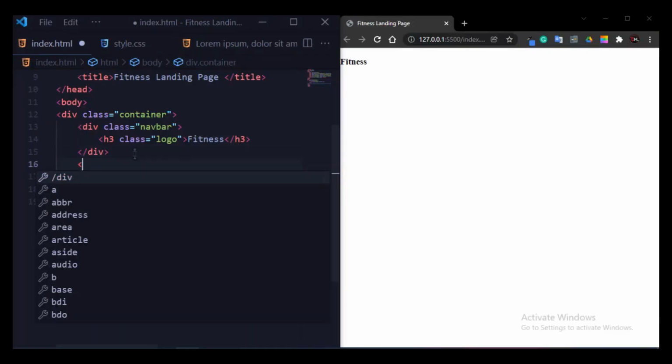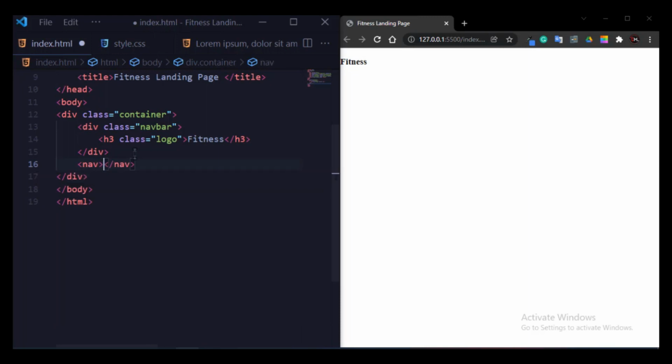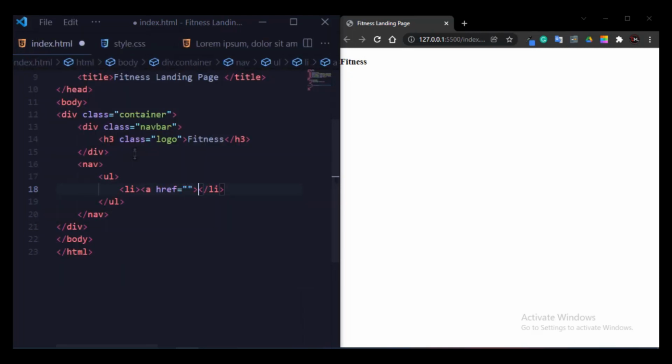After that I will write the nav tag, in which I will use ul and li tags to define the navigation bar. So I simply write ul and li, and now I will use the a tag to define the menu bar. So I simply write a href and Home.